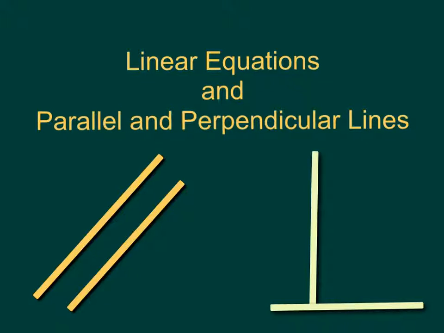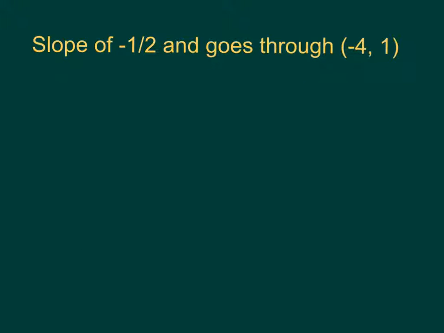Today we'll review writing linear equations, and then we'll look at writing linear equations of lines that are parallel and perpendicular. Our first example is a review of writing equations of lines. We need to find the slope-intercept form of a line that has a slope of -1/2 and goes through the